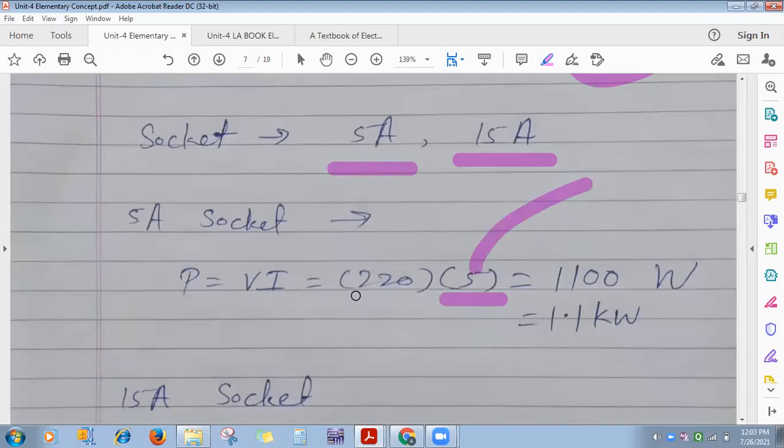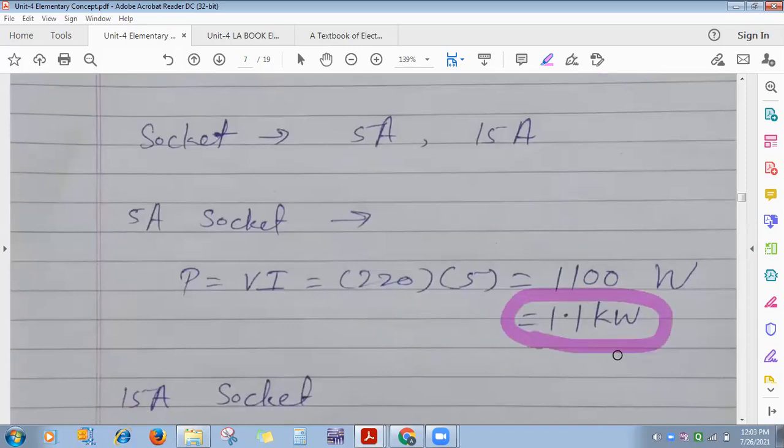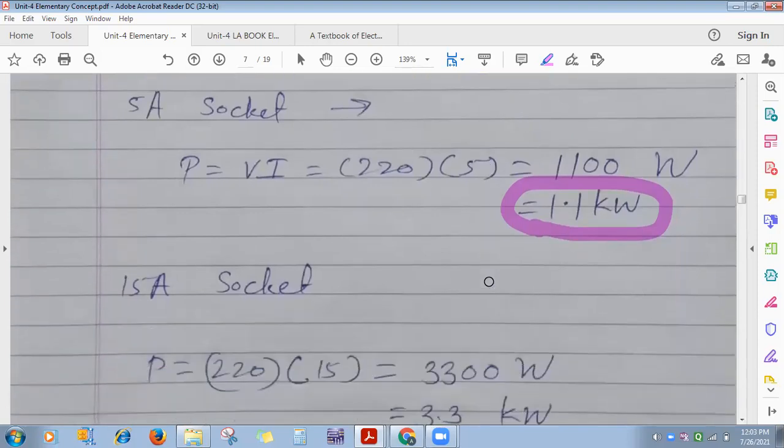So for this voltage, all of you know, it's 220 volt. So 220 volt into the current range for that socket, if it is 5 ampere, what does it mean? How much load you can connect across that socket with power specification up to 1.1 kilowatt, not beyond that. That is for a 5 ampere socket. Now, if it is a 15 ampere socket, with current range specification 15 ampere.